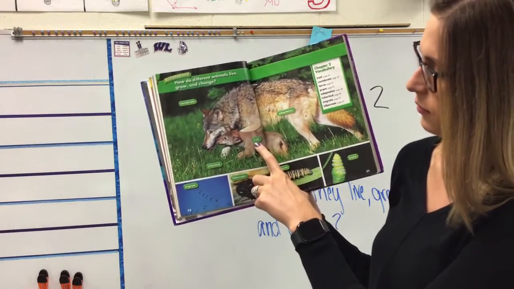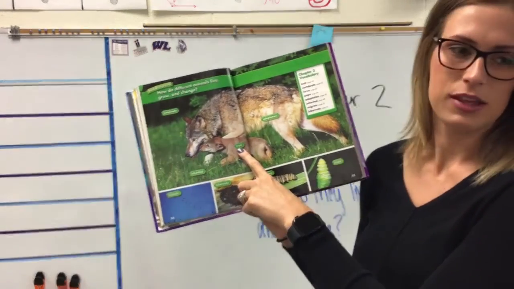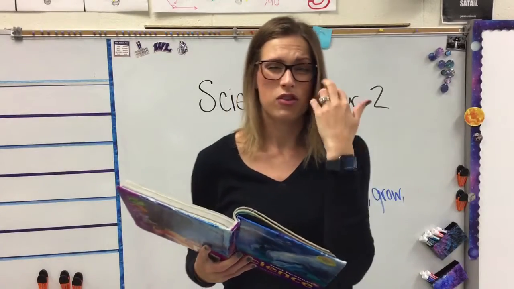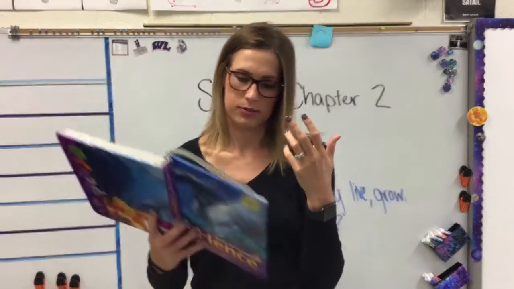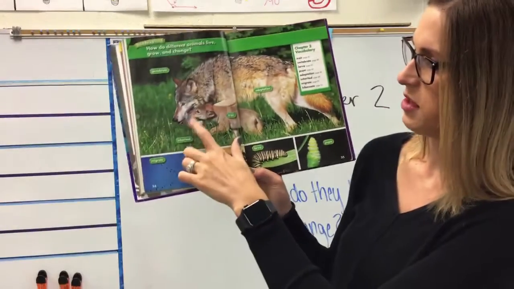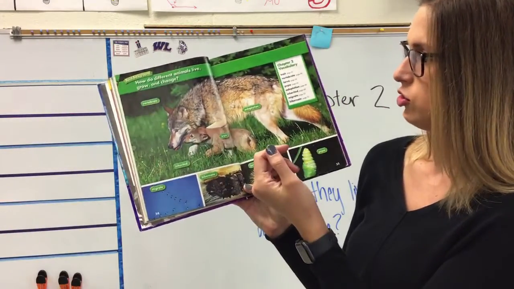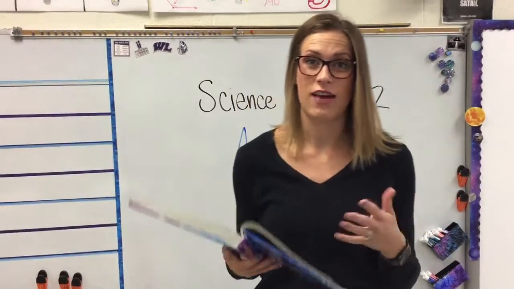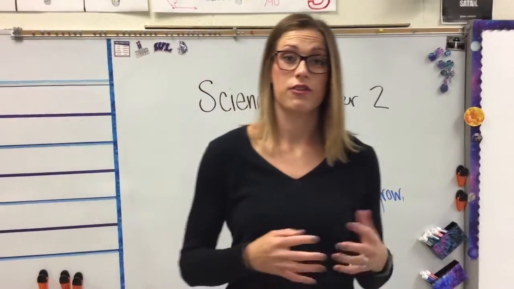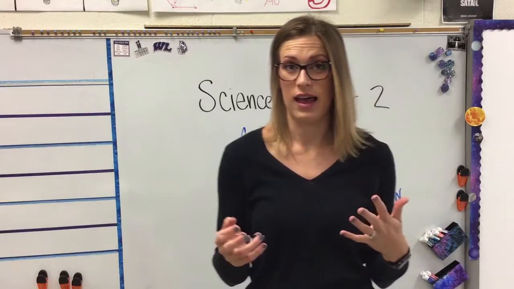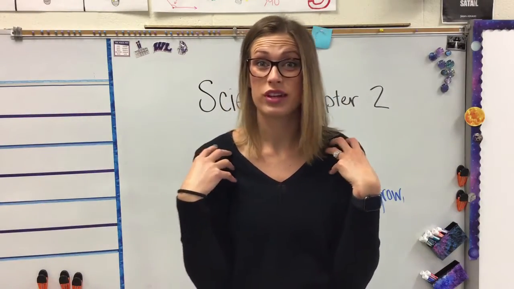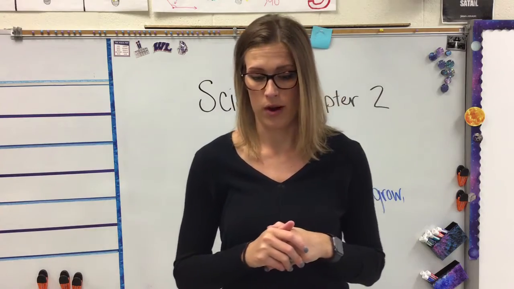We also have the word inherited right here. Inherited trait, right? That's going to be like a specific thing. Like a trait would be like maybe what type of nose they have. Maybe they've got a nose that really helps them smell. Like it kind of looks like this wolf is smelling something right here. Well, maybe that's one of those traits. Adaptation is going to be how things change, how they adapt. So if, for example, an animal lives somewhere that is really cold, it probably has an adaptation that it's got this really thick, warm fur so that it can keep it warm.